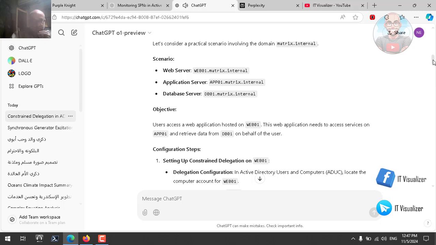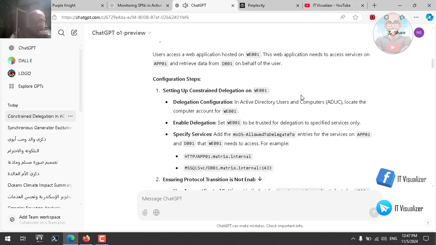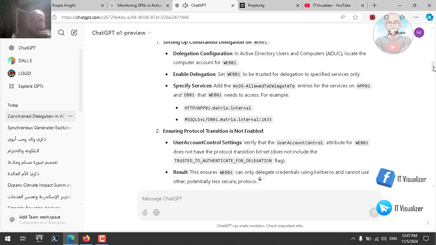Configuration steps. 1. Setting up constrained delegation on Web01. Delegation configuration. In Active Directory Users and Computers, ADUC, locate the computer account for Web01. Enable delegation. Set Web01 to be trusted for delegation to specified services only. Specify services. Add the msDS-AllowedToDelegateTo entries for the services on App01 and DB01 that Web01 needs to access. For example,